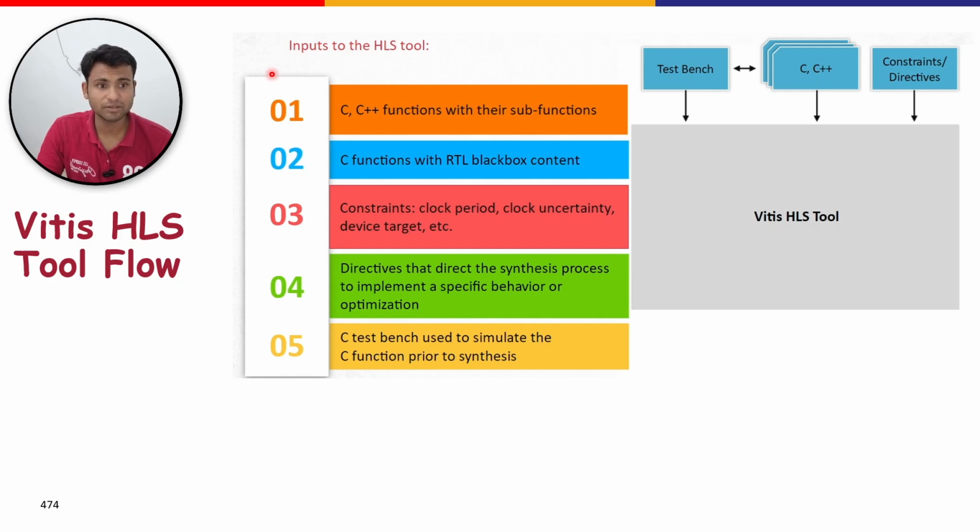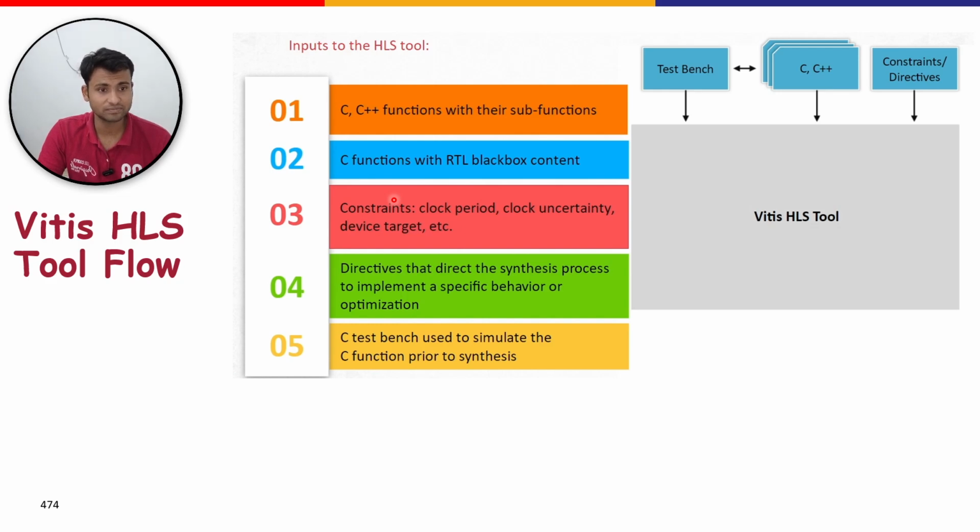Let's discuss the primary inputs one by one. Most important one being the functions written in C, C++11, or C++14. The functions can contain a hierarchy of sub-functions as well. Next come C functions with RTL black box content, as described in adding RTL black box functions. Next come design constraints that specify the clock period, the clock uncertainty, and the device target for which the design